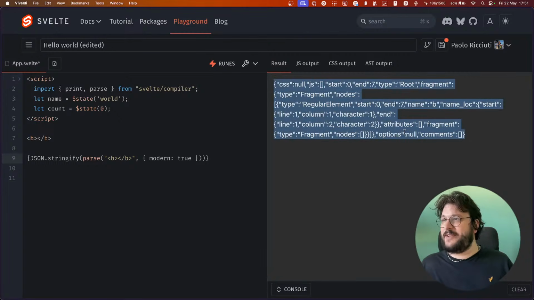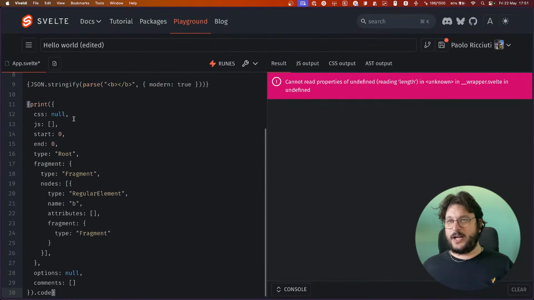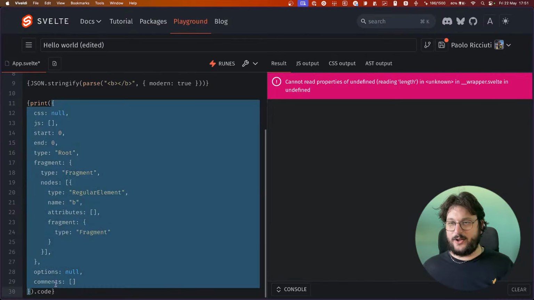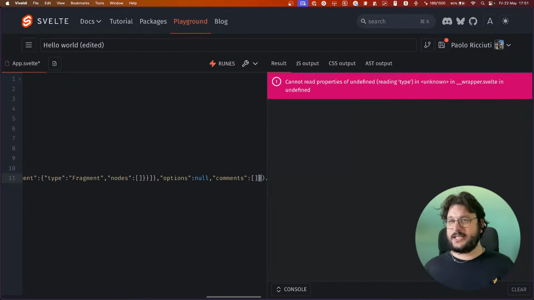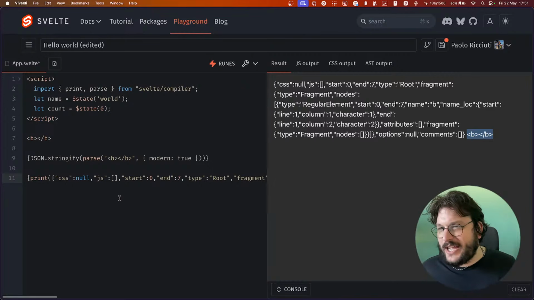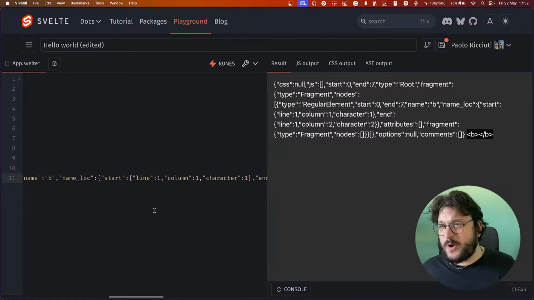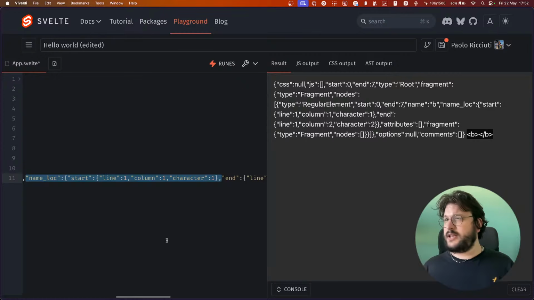If I copy all of this and paste the old one and then replace all of this with what I copied, yeah, this will print B basically. Now I'm not sure why it was not printing, because like root, fragment, type fragment, nodes, type regular element, maybe namelock, it's required. Like if I remove namelock,